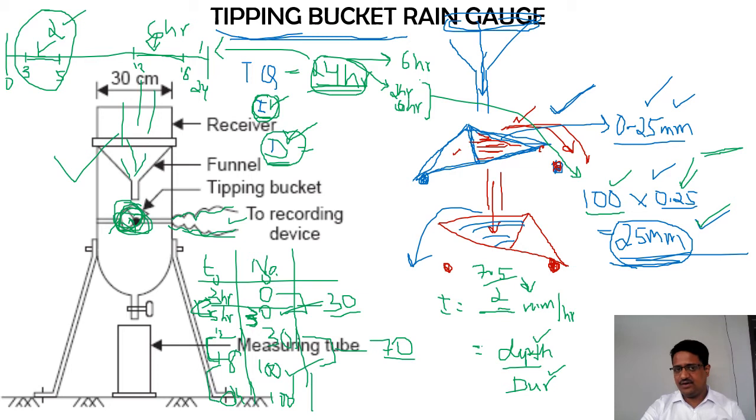Now similarly, I can do the same thing for the second section. The total amount of rainfall that occurred is 70 tippings. So 70 into 0.25 will give you the depth of rainfall which has occurred, on the numerator, and on the bottom you are going to have 6 hours. So this ratio is going to give you the intensity of rainfall in millimeters per hour. So this is how you can calculate the intensity of rainfall with respect to the tipping bucket type of rain gauge station. I'll also explain the telemetric type.